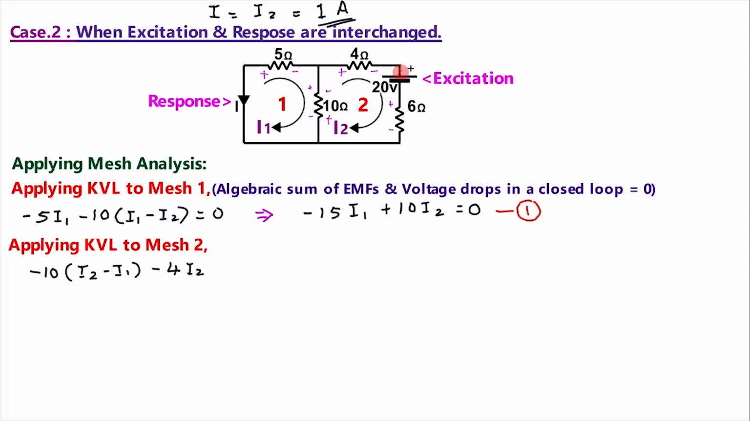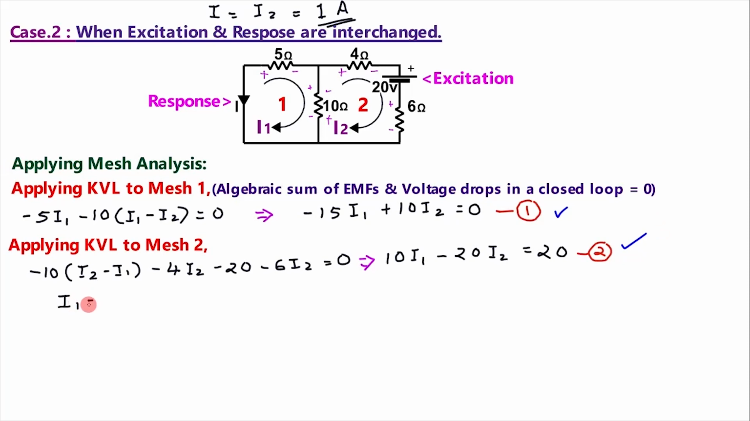Then here fall in voltage is there, plus to minus. So minus 20. Then voltage drop in 6 ohm, minus 6 into I2 is equal to 0. Simplifying this, we will get 10 I1 minus 20 I2 is equal to 20. Let this be equation number 2. Now solving equations 1 and 2, we will get I1 is equal